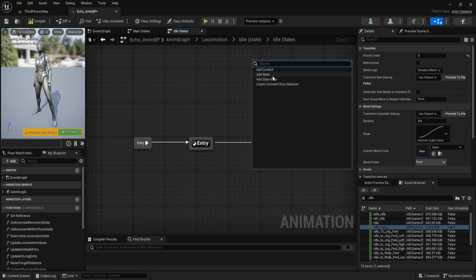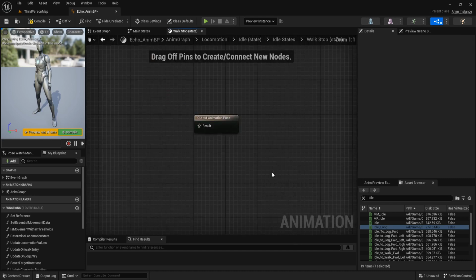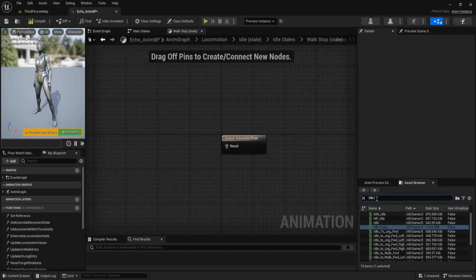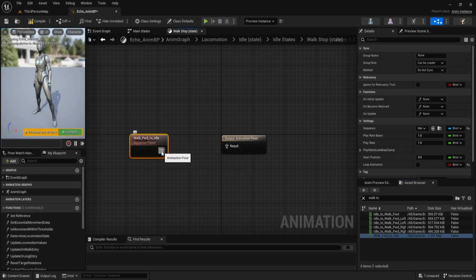Then add state. Name is walk stop. Add state. Name is jog stop. And this walk stop, walk forward to idle animation, and connect it to output.